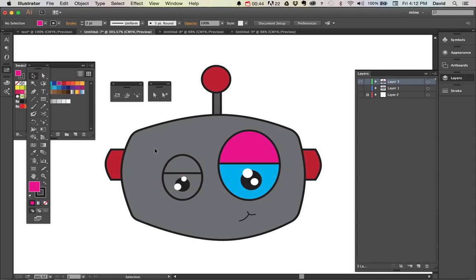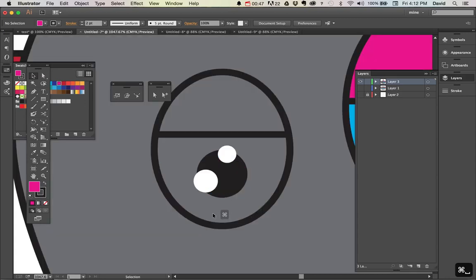Another way you can use it is using the cut command. So I'm going to go over here and take a look at this and say, okay, here's what I have. I want this piece and the bottom piece to be two different pieces. I still want to maintain the line in case I want to move that around maybe. So I can use the cut command. We're going to go to the scissors, or C for cut, and we're going to lock this line here so I don't select it. We're going to cut right there. So now I have two individual pieces,